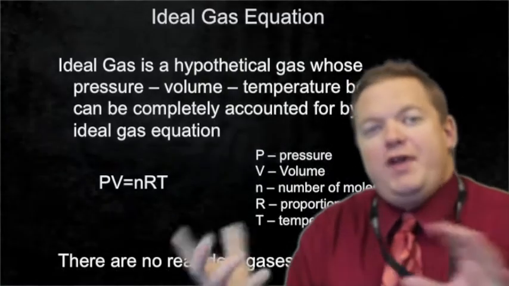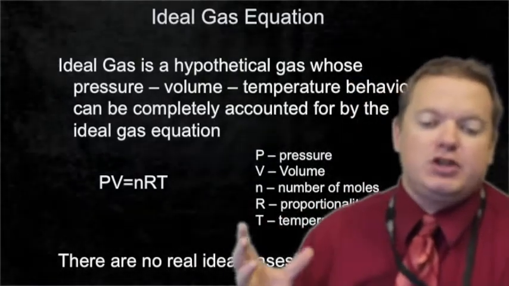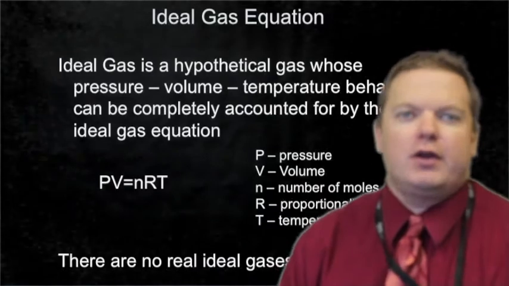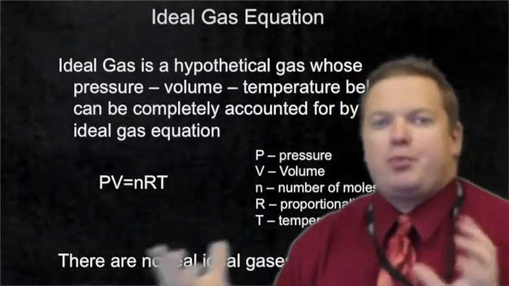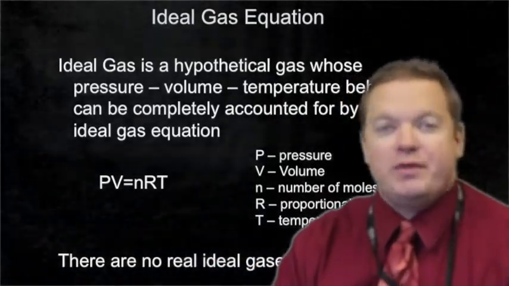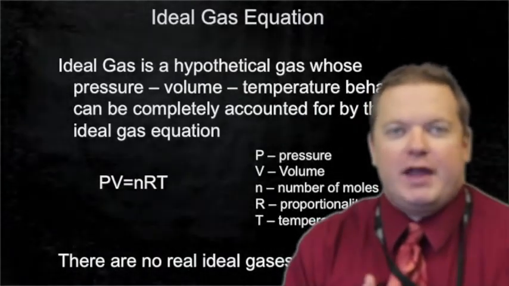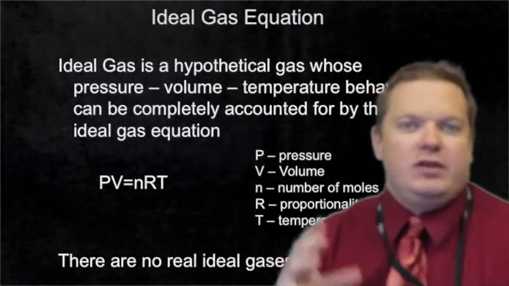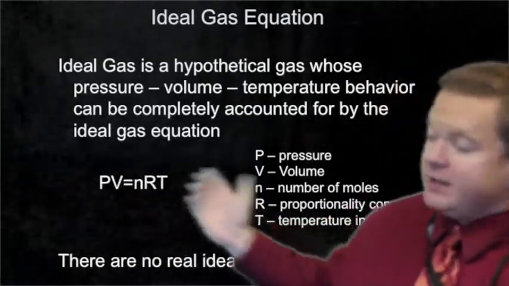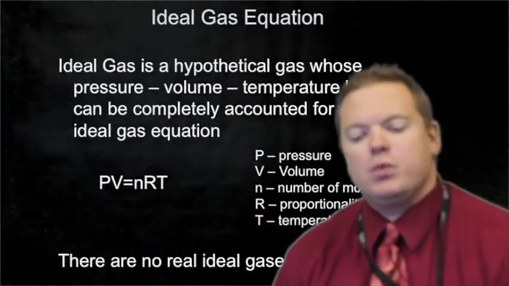So now, if we have the majority of this information, we can then predict any of the others. So we can talk about the pressure of a gas, knowing its volume and the temperature and the number of moles. Or we can talk about the volume of that gas, or any of these. So if we know all this information, we can relate to any of those other ones.